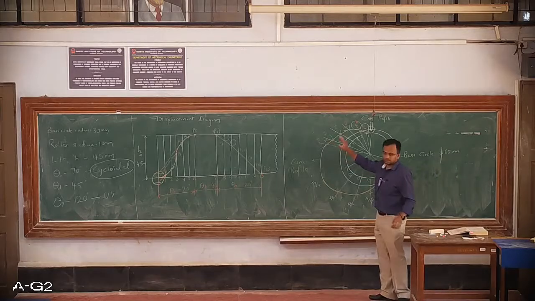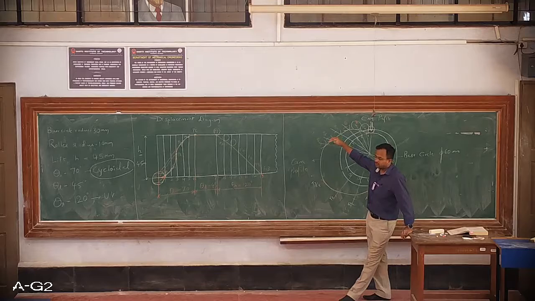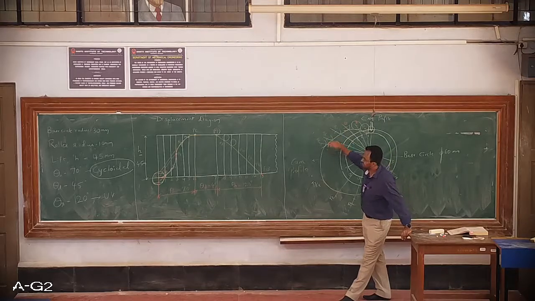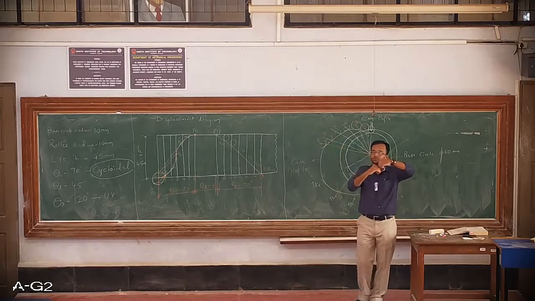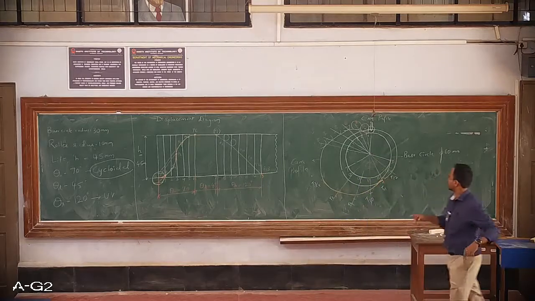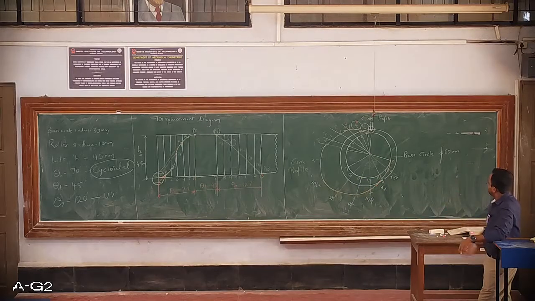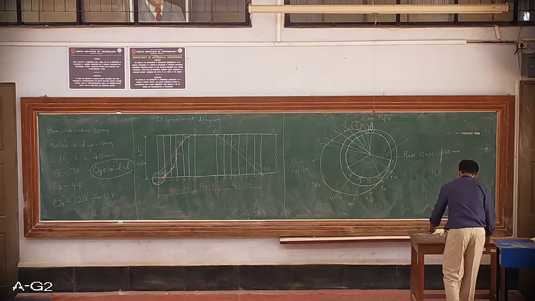Please ensure that the smooth curve, while you are drawing tangential to these arcs, at any given point does not intersect inside the arc. That means the cam profile should not intersect the roller. The roller and the cam profile should connect only tangentially, it cannot be intersecting. So that's why the smooth curve that we have drawn is only tangential to these rolling radius curves. Okay, so I hope this problem is clear.